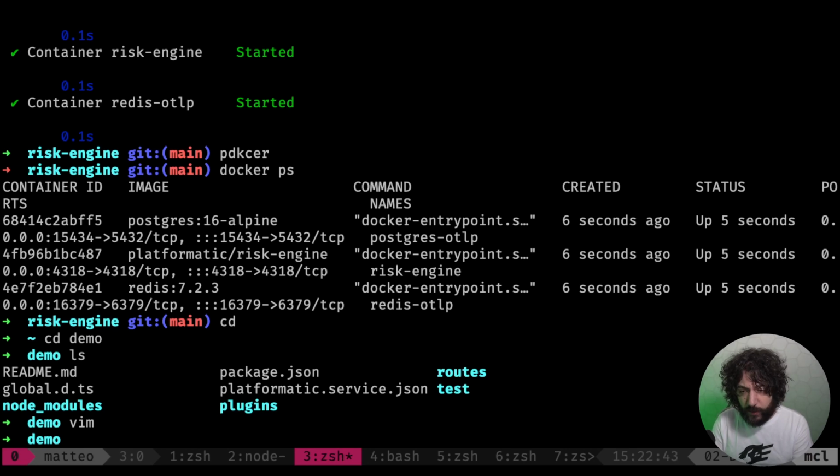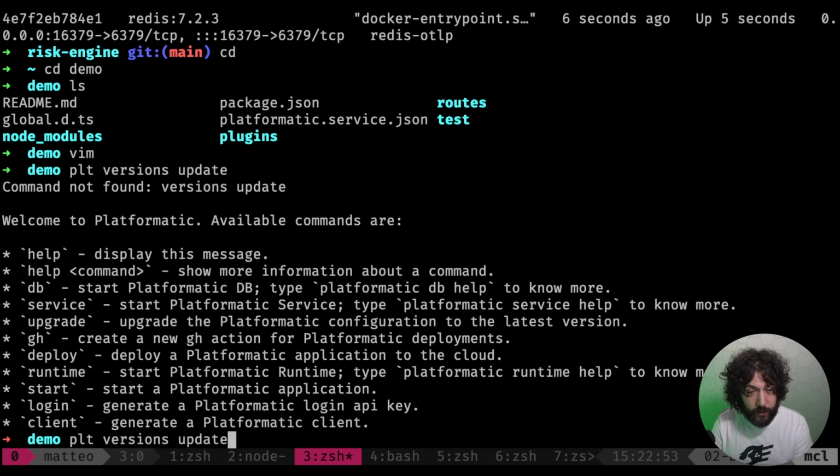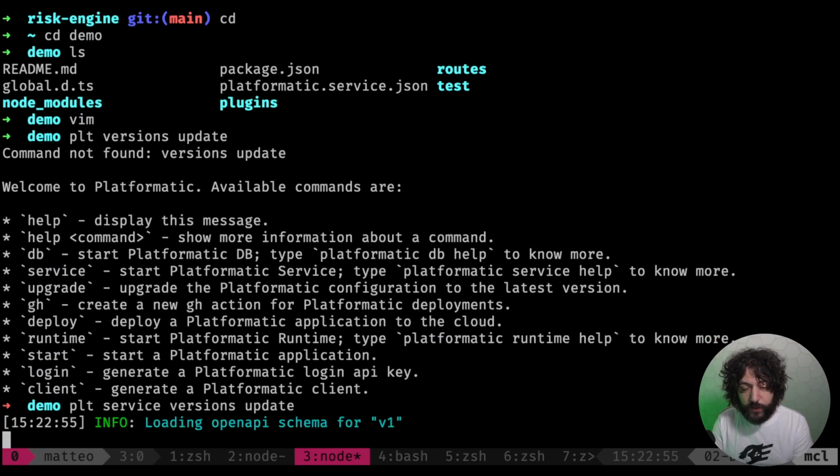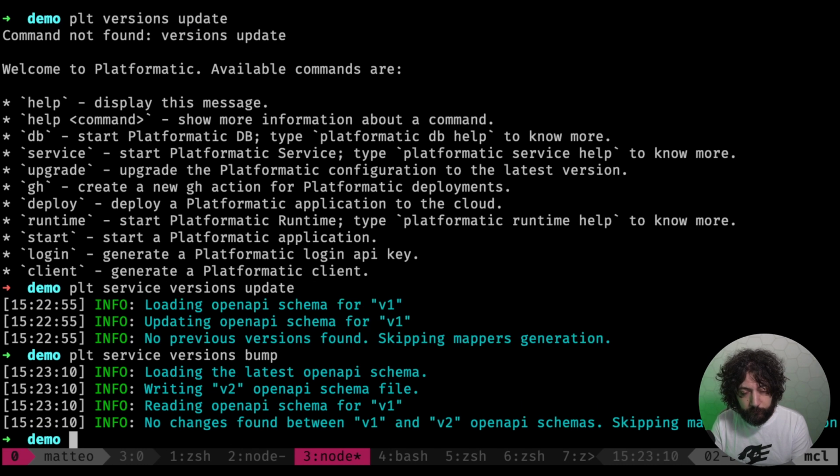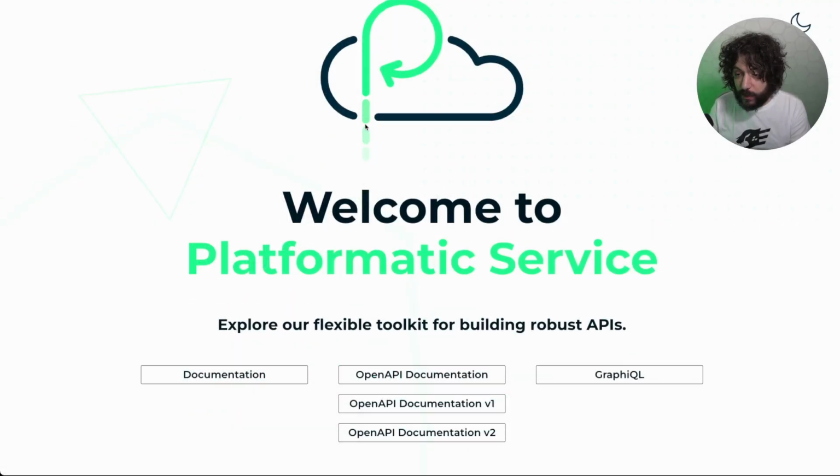So in order we can update our system. So we can do plt versions update to update the V1 routes. Okay, great. So let's imagine we want to do some changes now to this route. So what we can do is we could issue a bump. And this has automatically created a V2 routes, and now we can check them,